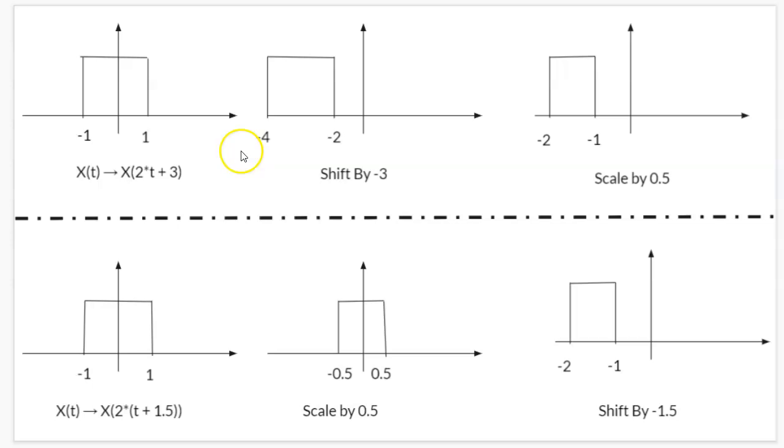And the beauty here is that either way you have to obtain the same answer, because essentially what you're doing is transforming this x of t to x of 2t plus 3, which is the same here also. So you have to get the same answer here. That is actually two ways of doing it. And if this is clear, I think the entire concept will be clear.